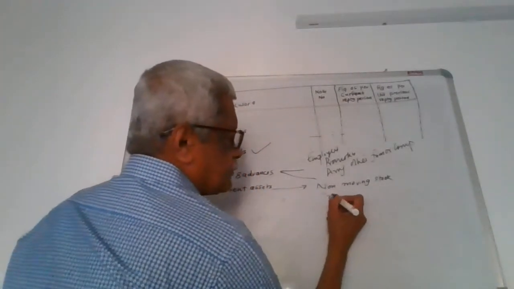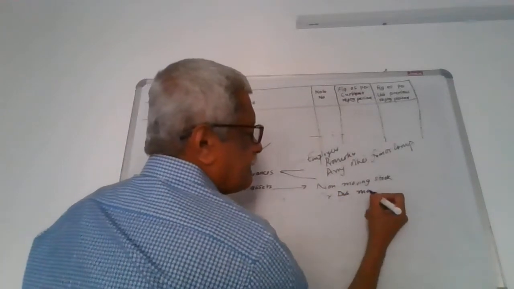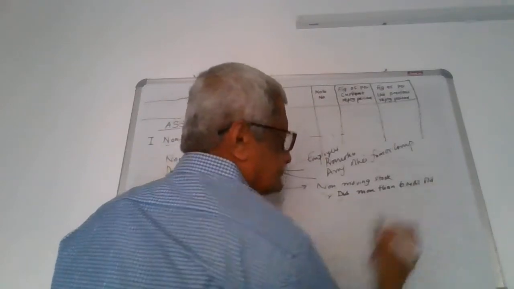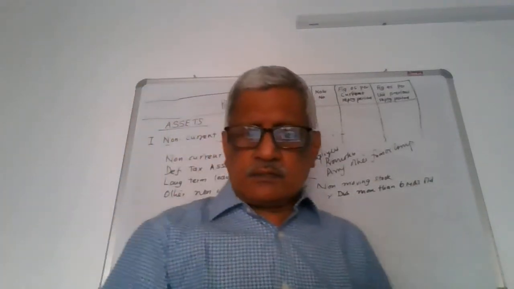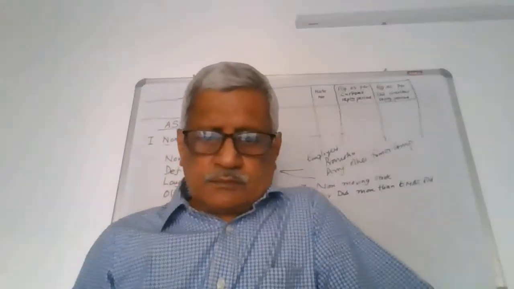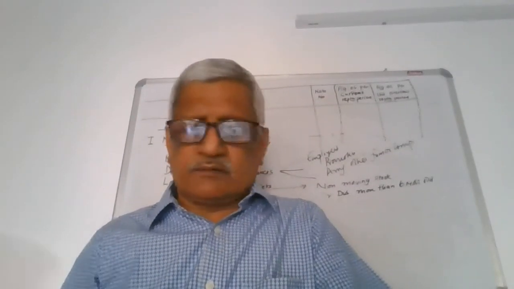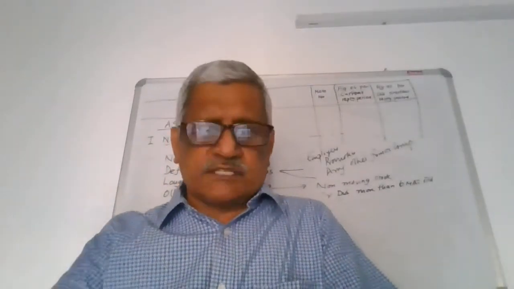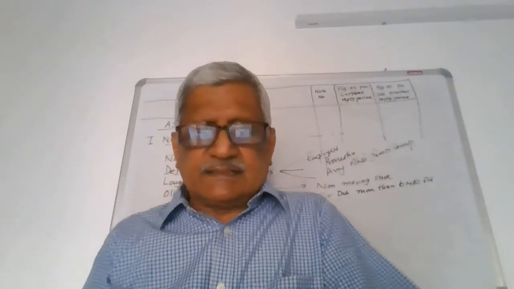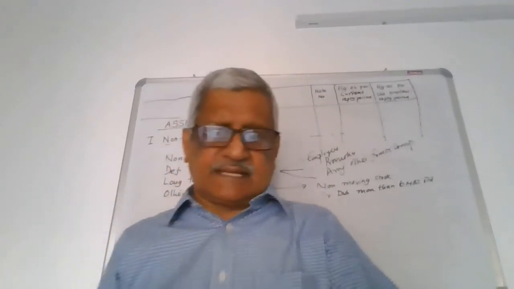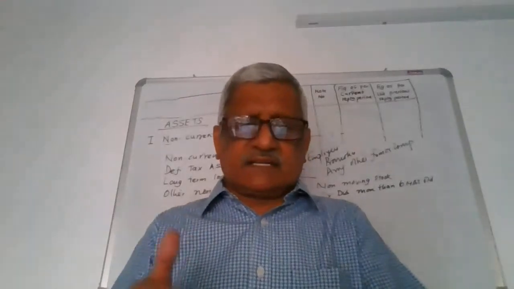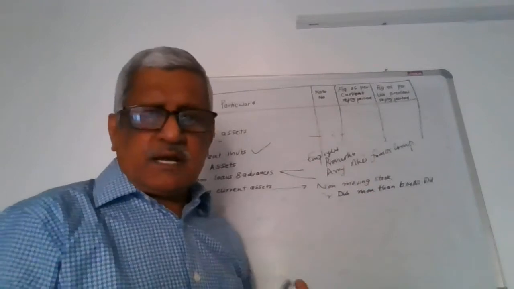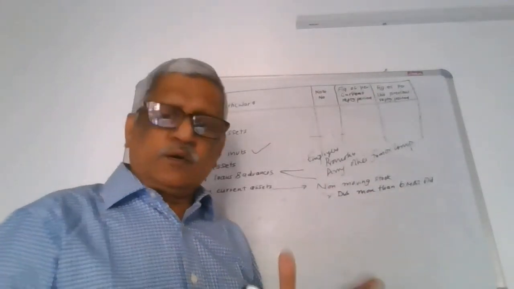Another example could be trade debtors more than 6 months old. I have sold some goods to somebody. There is a dispute, either in terms of the quality or quantity or whatever it may be, and the buyer is not paying. And it has already crossed 6 months. In which case, though it is a part of the working capital cycle, I am unable to recover or convert that into cash. So naturally, any trade debtors more than 6 months old also come under classification in the non-current assets.